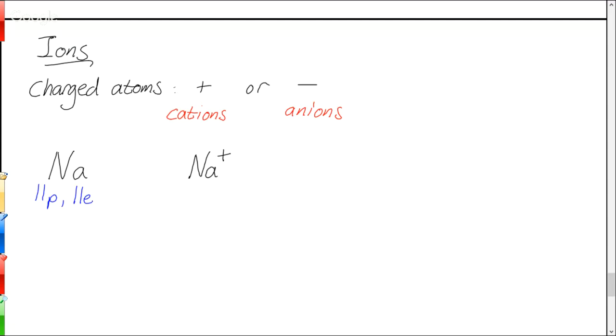So then if we want a sodium cation, do we add a proton to make it one more positive? What do you think? There's two ways we can make it positive, right? We can either add a proton or we can get rid of an electron. Which one is the right one? Why? Just guess. Anybody have a why? What happens if you change the atomic number? Yeah, exactly. You change what it is.